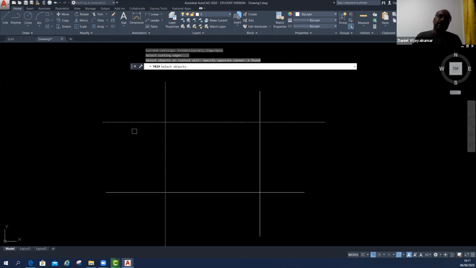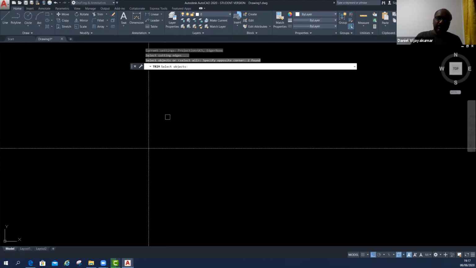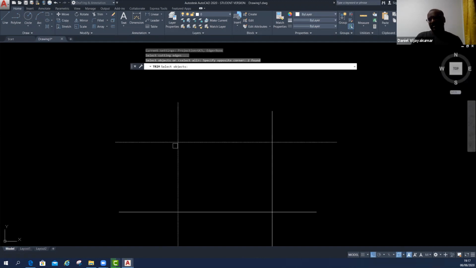See, now I selected the object. Whatever I selected becomes a dash line. Okay. Now, see, this is the vertical line. This is the horizontal line. This is the vertical line. If you want to cut, that line must be crossing over the other line. That's what I told you just before. Scissor, right? Virtually we cannot see the scissor, but whatever intersection line or circle, that is called the scissor. So see, now I already selected the two portions.